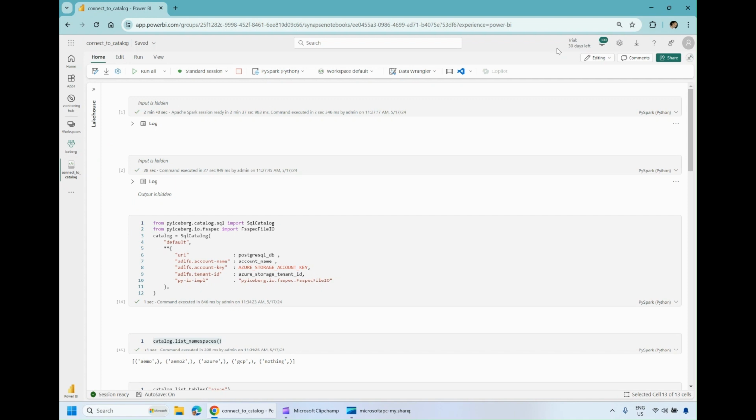Functionally, it's the same. There is some technical difference that, to be honest, I don't know at a low level. But from a user perspective, the main difference is